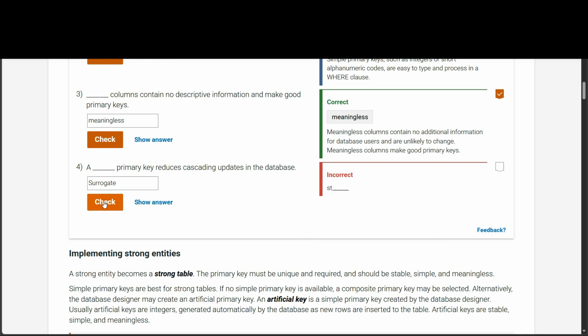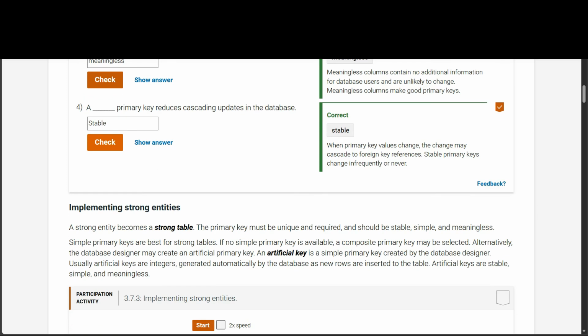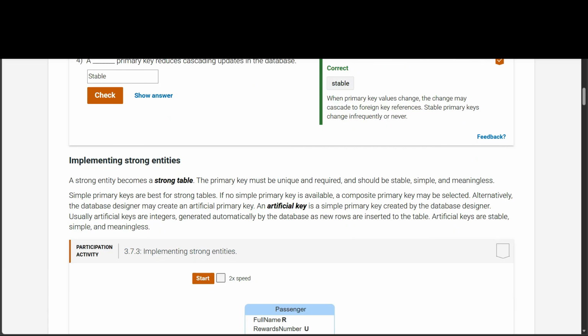So let's see this. This is stable. The clue here is stable. Is ST. Let's check. Yeah, true. So when primary key values change, they cascade to foreign key references. So stable primary keys change infrequently or never. The next part is implementing strong